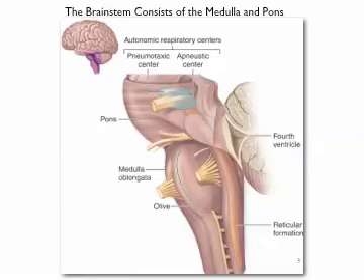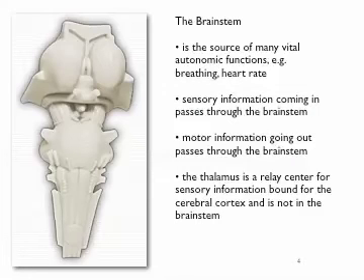Here in the pons, you see the autonomic respiratory centers. This is the part of the brain that tells other neurons that innervate the diaphragm what the breathing rate should be. And this happens automatically without you having to think about it. But there are certain drugs that have depressant effects like alcohol, barbiturates, opioids that can suppress activity here in the brain stem and drive respiration down to the point where you can go into respiratory arrest. You'll stop breathing and die. So this is a very important part of the brain.